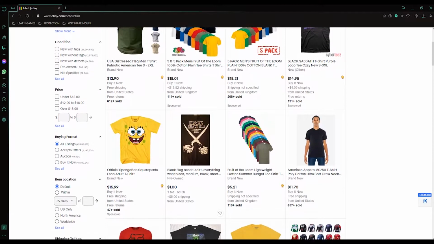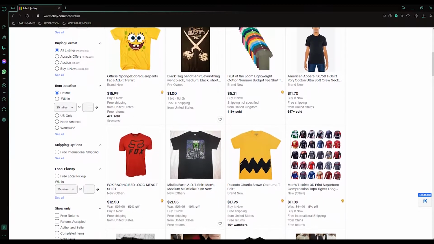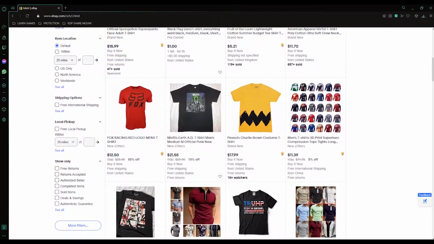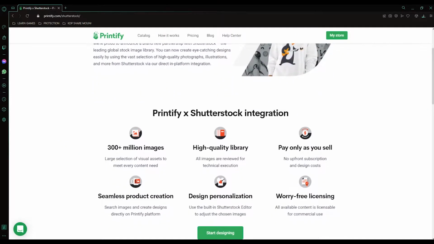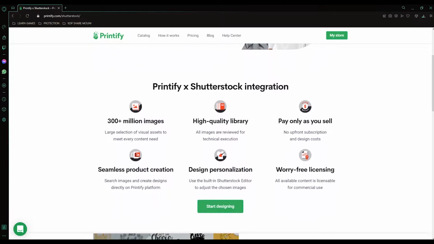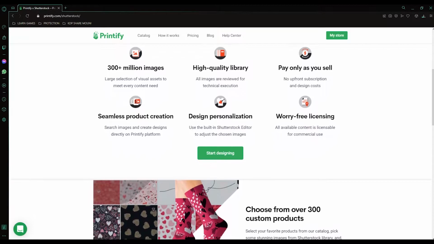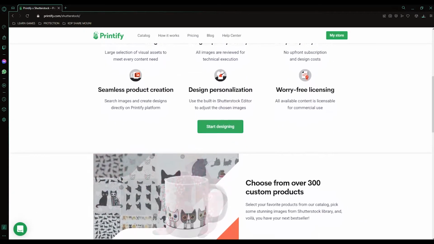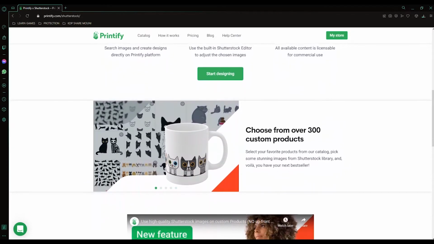Today, I want to show you how to increase your t-shirt sales on eBay by using professionally made vectors from Shutterstock. Printify partnered with Shutterstock to allow designers and print-on-demand sellers to use any vector on their products with no upfront cost. You only pay a fee for the images you used after your products are sold. I will show you step by step how you can use any vector file you want on your products.